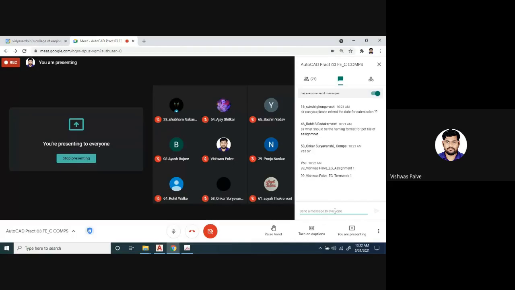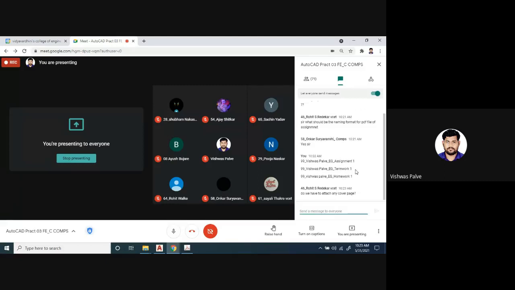Suppose if it is a homework or classwork, whatever, 99 is my roll number, right? Then Vishwas Palve underscore EG subject name underscore. Suppose if it is a homework problem, homework 1. Any difficulty in naming now? So I hope everyone can name. Only you have to change the last term, that is assignment 1.